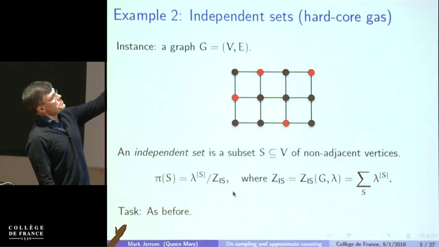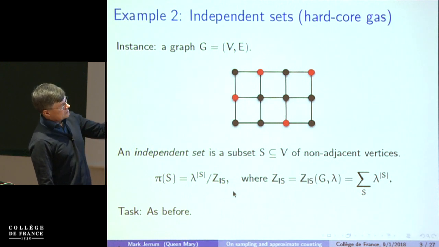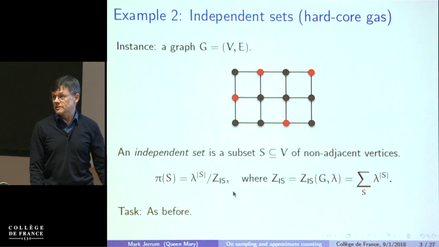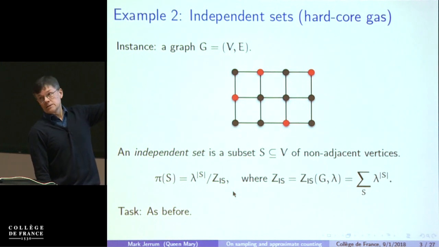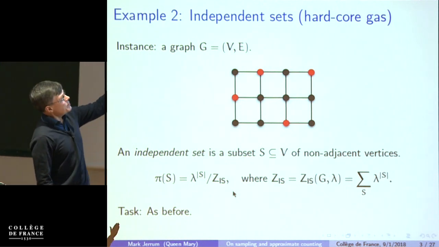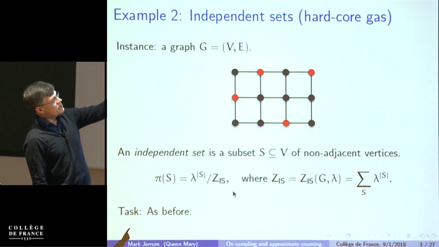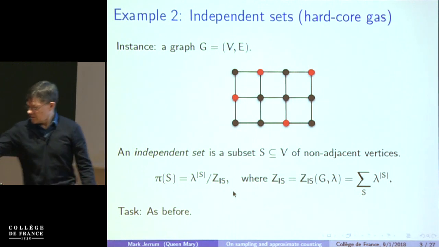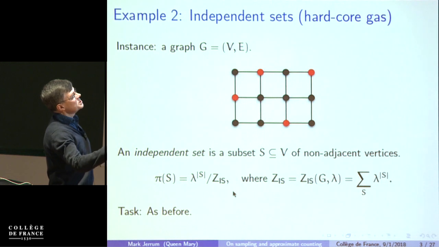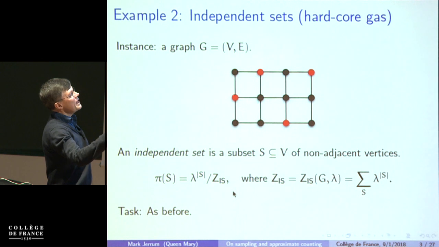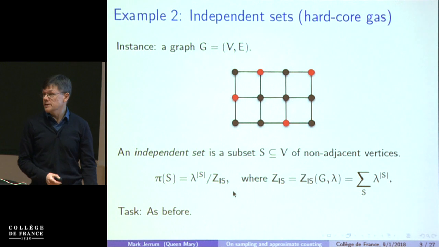And here, it's the same game, except that it's a subset of the vertices rather than the edges. So if we look at those red guys, then it's an independent set. It means that no pair of them are adjacent. So I guess at least the laser thing will work. Right, so there's no pair. We're selecting a subset of the vertices, and we've done it in such a way that no pair of red things are adjacent. Okay, and that's called an independent set.